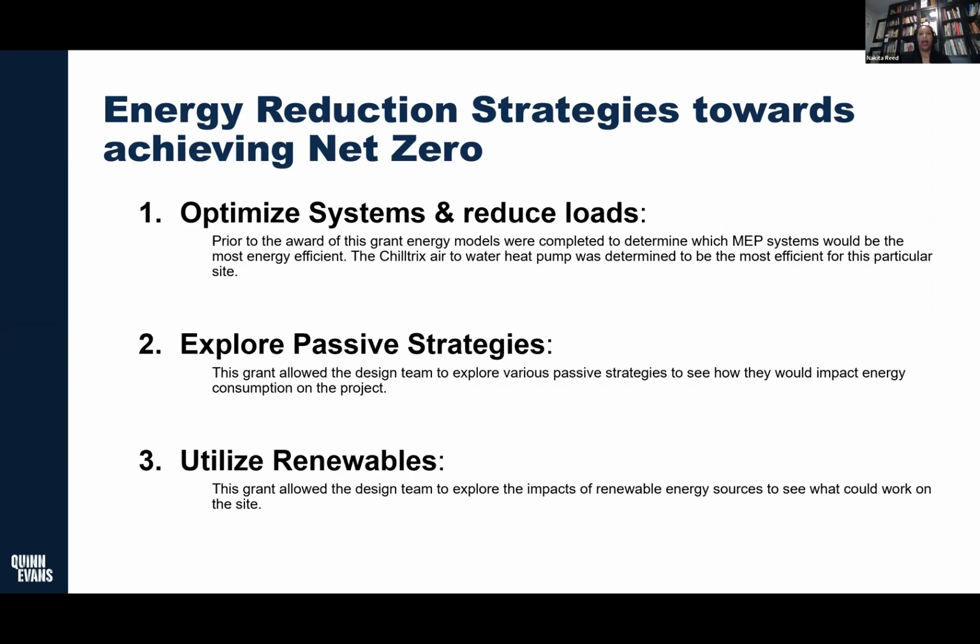And so throughout this grant, we were looking to optimize systems and reduce loads. A lot of times designers don't do the right things in the right order. So we were trying to make sure that we were doing the right things in the right order by optimizing and reducing, then exploring passive strategies, and then looking to utilize renewables. You don't just want to slap solar panels on a building that is not optimized or using passive strategies, because you're going to end up not having the same kind of gain